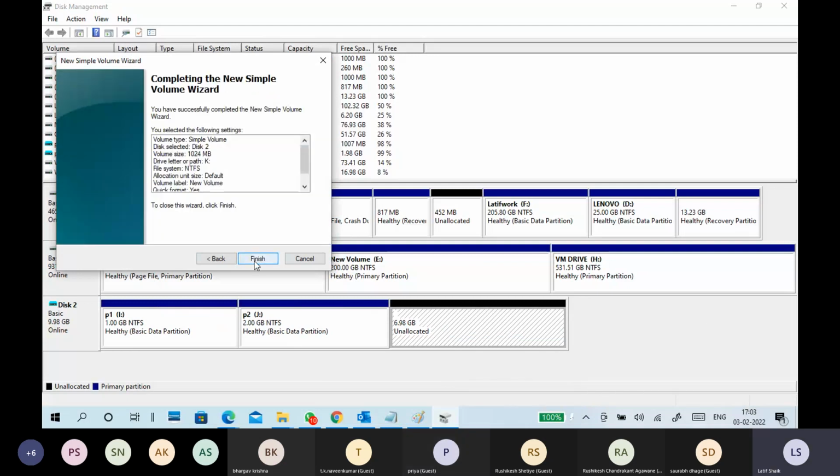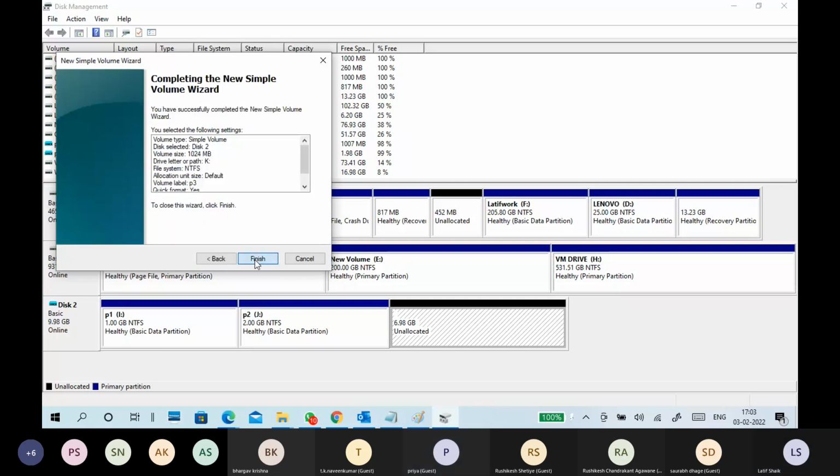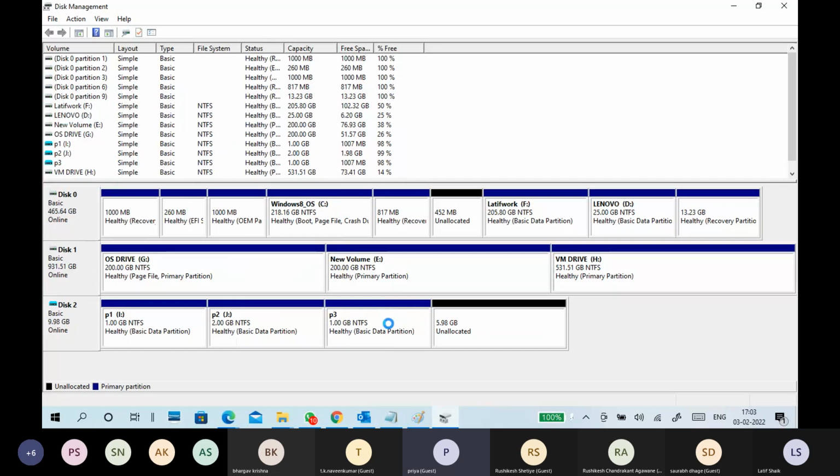Sir, how much space will be allocated to these partitions? It depends on when we install the OS. At that time we give some GB to that hard disk. Hard disks come with 500 GB, 1 terabyte, 2 terabytes. The remaining things are your wish. For the C drive you allocate at least 200 GB like that. All the remaining depends upon you how to allocate it.